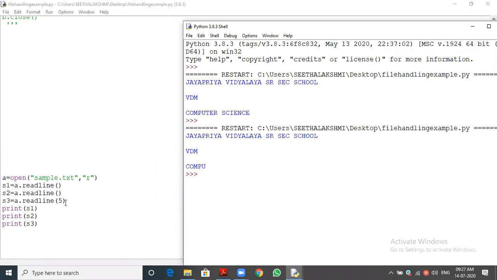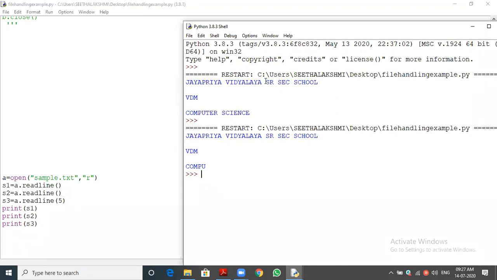The read function also does the same job, but it works by character, not by line. Readline deals with text line by line, whereas read deals with it character by character. Read of 10 means the first 10 characters will be printed. If we don't mention the number, the entire file will be printed. It will read all the characters, even the empty space is considered a character, as you know already.